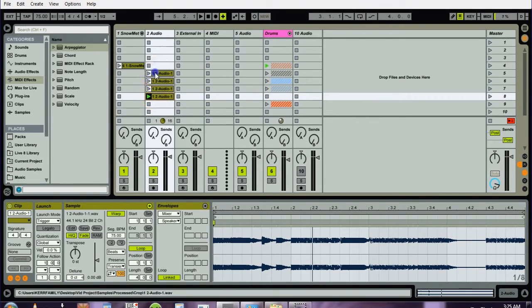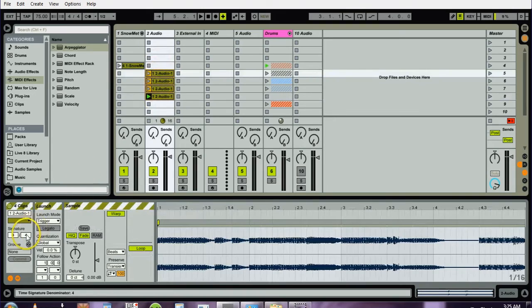I'm going to select all of these by holding shift, and down here it says 4 clips are selected. Now, if you can't see this, you just Control Tab until you see it. And then you see what I'm going to do. First thing I'm going to do is I'm going to arm legato. Okay. Actually, before I do that, down here I'm going to start with the follow action I was going to